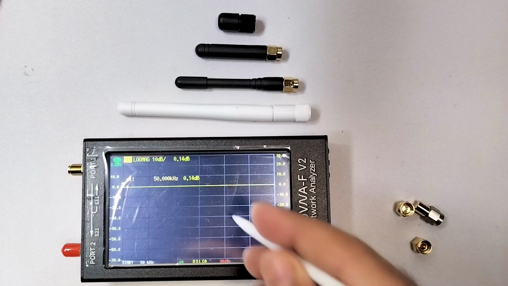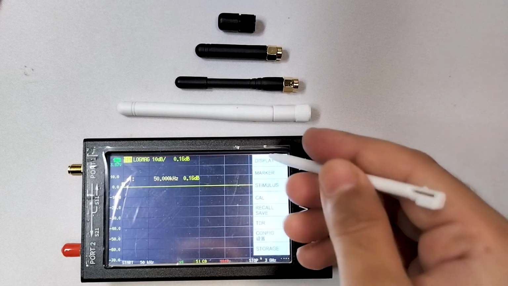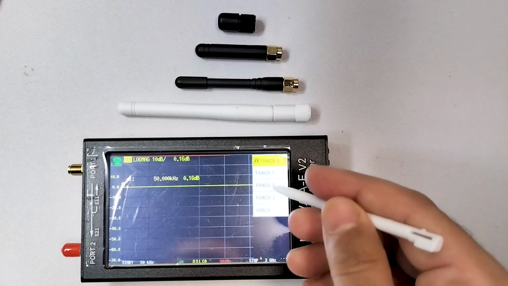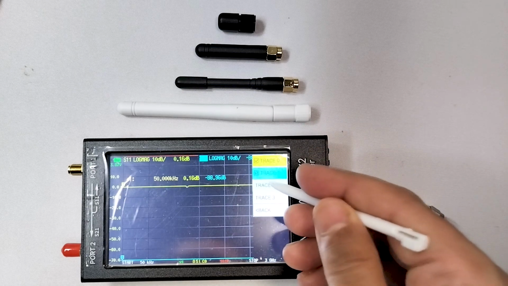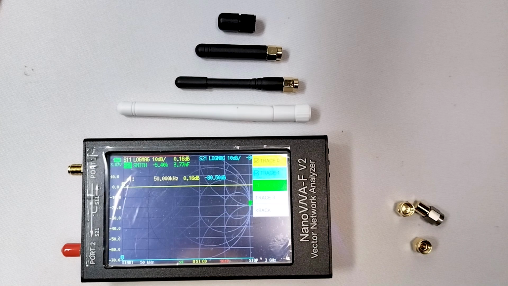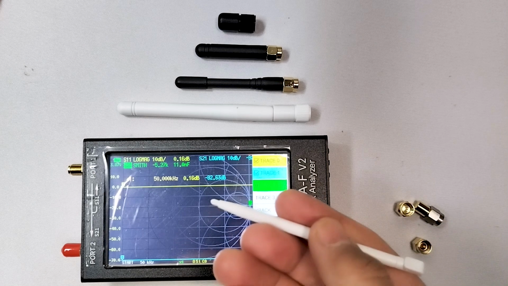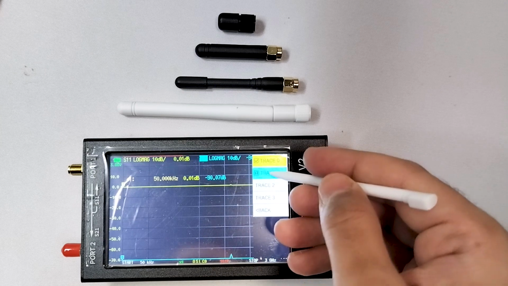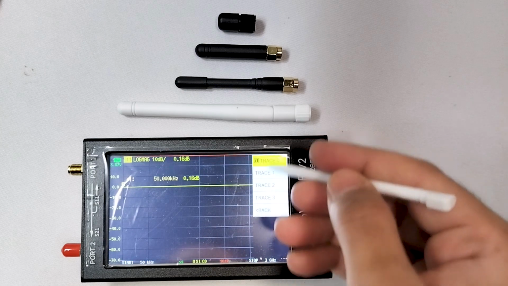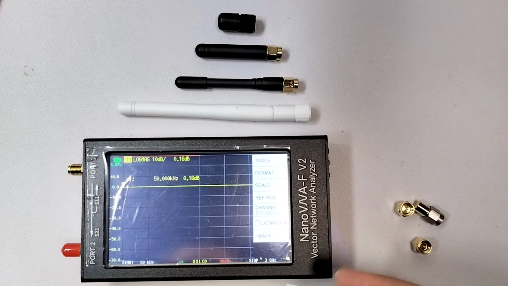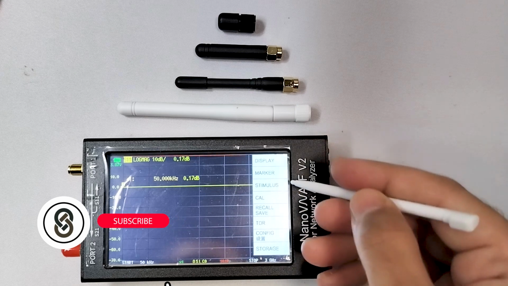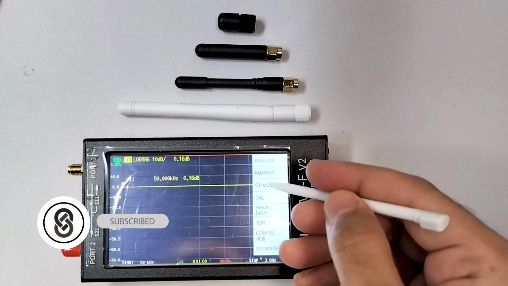For calibration, let me first show you the displays over here. I'm using the trace 0 display, but there is also a Smith chart on trace 2. Over here you can see. The Smith chart looks complicated, but it's very useful. We will see that in our coming videos. So let me use this first trace, which is trace 0, and let me go back and back, and let me go into stimulus,